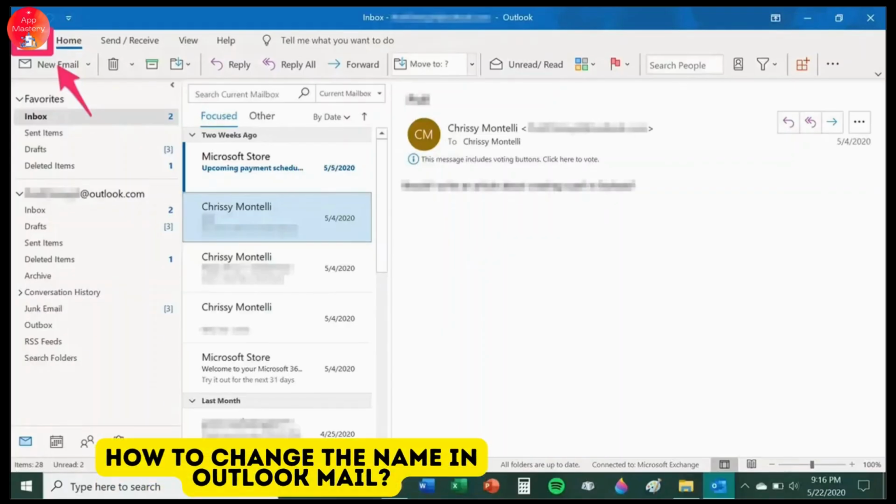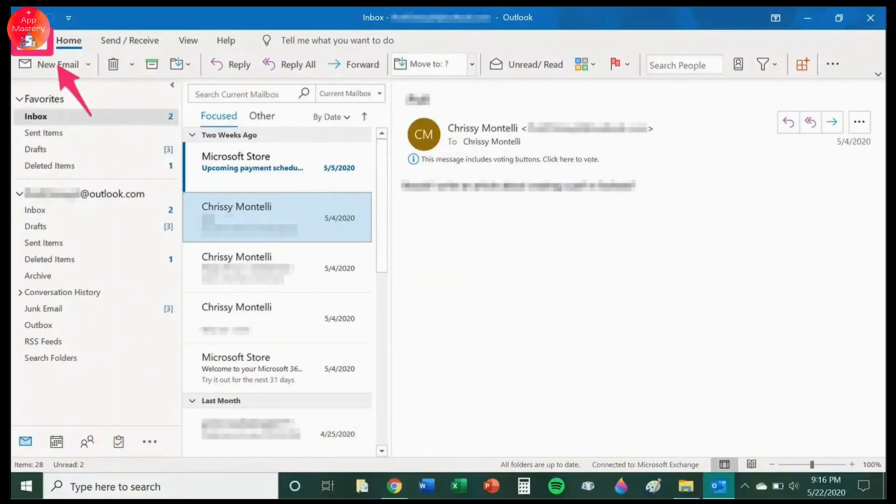If you want to change the display name in your Outlook mail account, then simply follow these steps. So let's get started. Firstly, open any web browser and go to the Outlook and make sure you are logged into your Outlook account. Then, from your Outlook inbox, click on the File tab in the upper left corner of